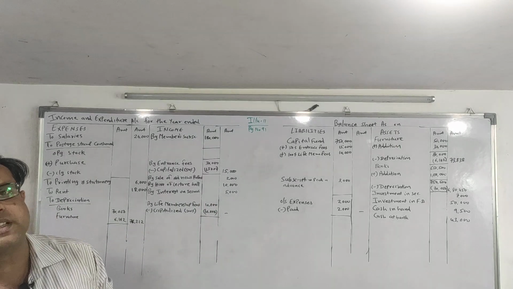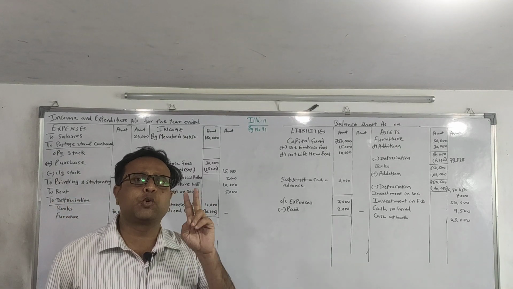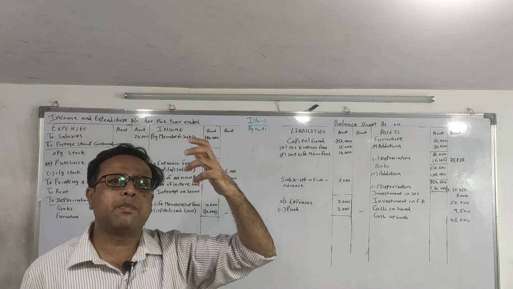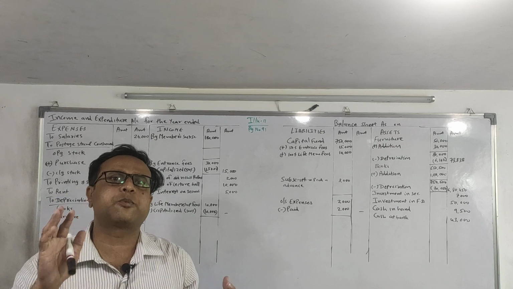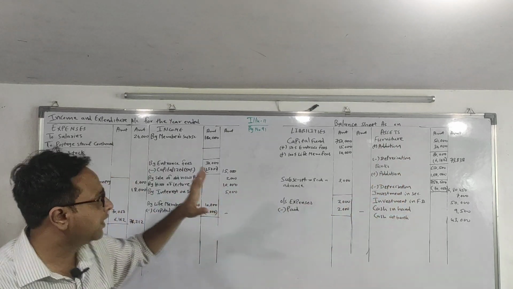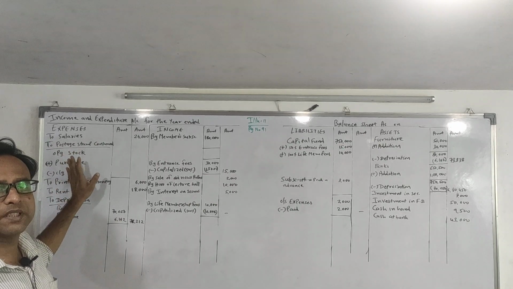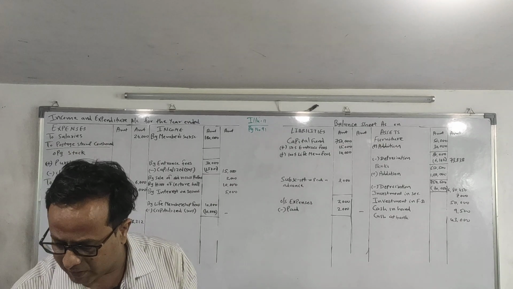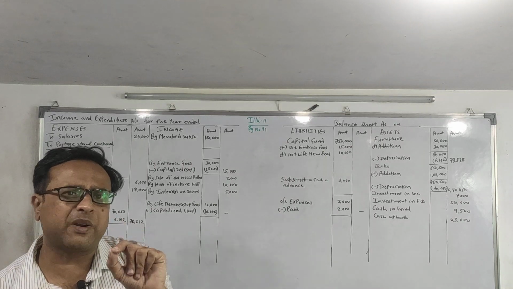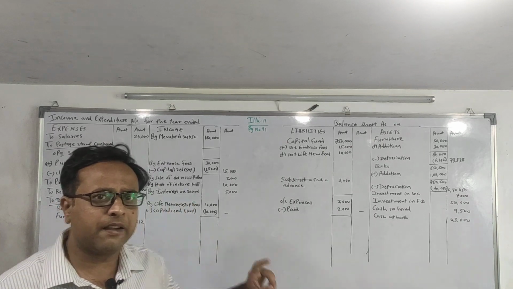Now come to the payment side. The payment side has two options. Money has gone out, so either we are buying an asset or it is an expenditure. So either it will come on the asset side or it will come on the expense side. Salaries, expenditure. Purchase of postage stamp, it is expenditure, but how we will write it, I will explain to you.